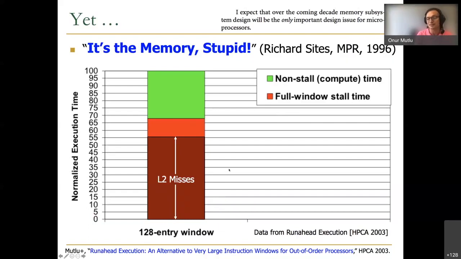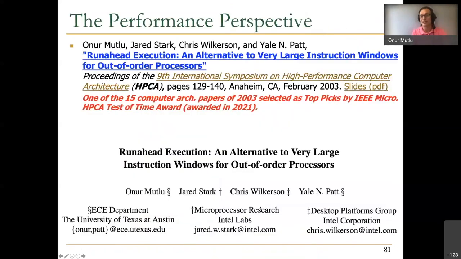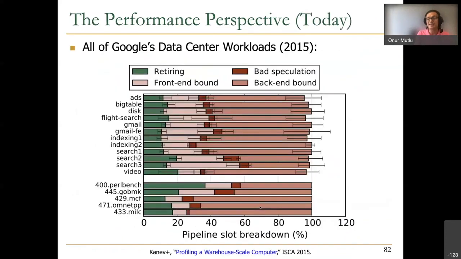We found essentially something very similar together with Intel. We found out that most of the time, the processor is waiting for data to come back from main memory. If you're interested, you can look at our analysis in this paper. And this is data from Google. Google found out essentially the same thing more recently. Most of the time, the processor is waiting for data to come back from memory in their system because we